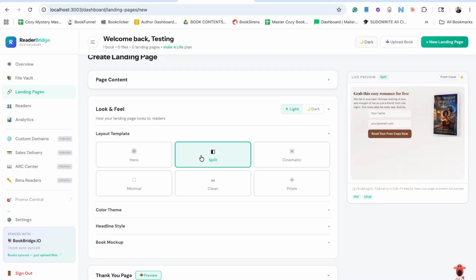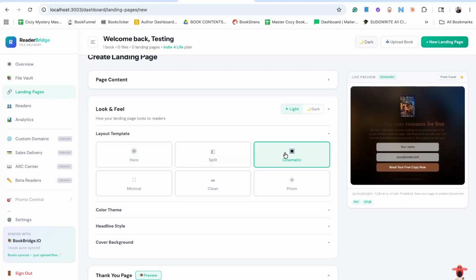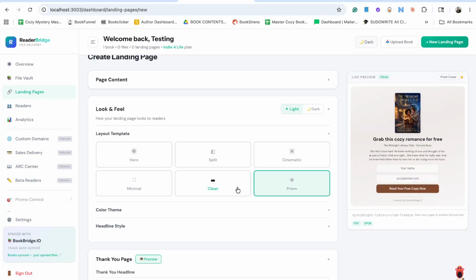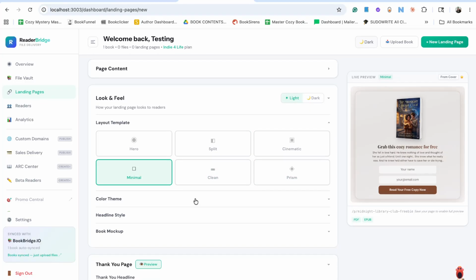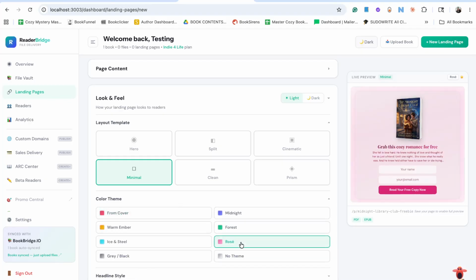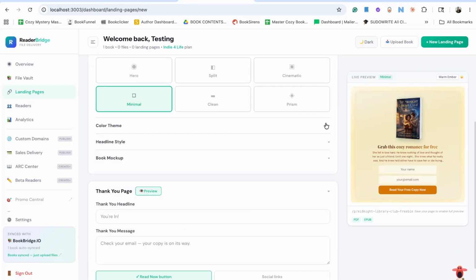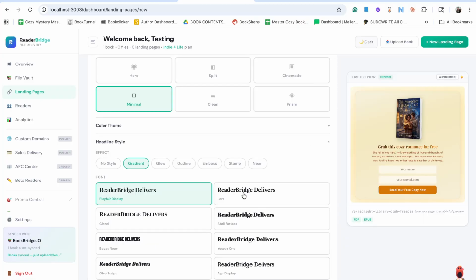So I'm just going to quickly go through these. A split, a cinematic, a prism look, clean, or minimal. Okay. Now you can go into your color themes if you like. From cover defaults to whatever your cover colors are and it matches. Okay. Or maybe you want a little bit of contrast, however you want it to look. Okay, then you can also change your headline styles. Do you want it to be a Lora typeface? A little bit more bold